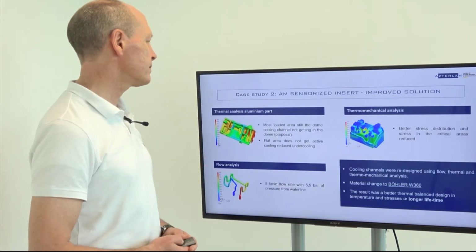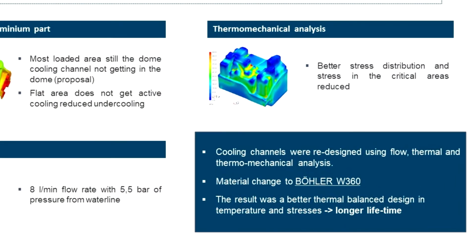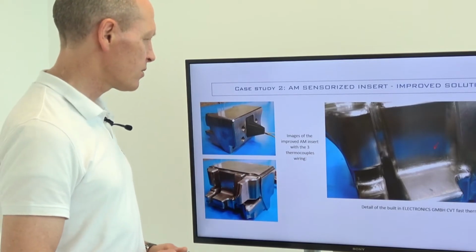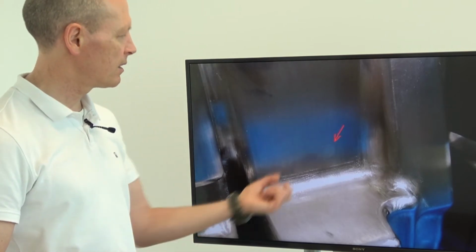Case study 2: another insert was produced. In this case, it was a quality-related issue. We wanted to solve shrinkage and die soldering. We also added 3 sensors on it, and one of them was built into the insert, so Electronics GmbH